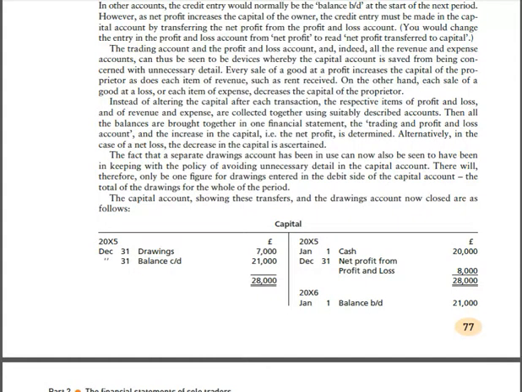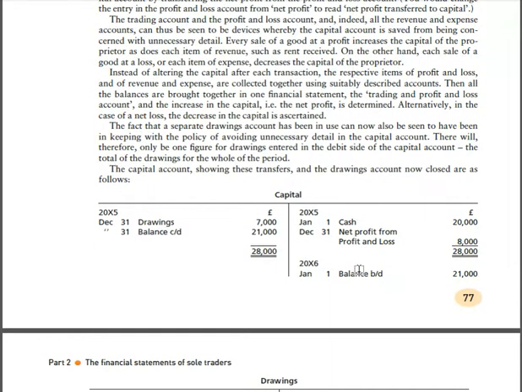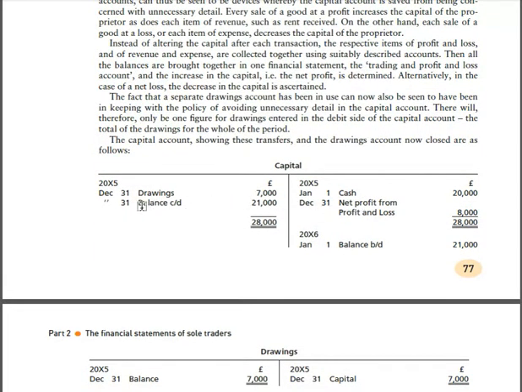So we can say that the net profit is an increase to the capital of the owner because it is a return to the owner. So the net profit has the effect of increasing the balance of the owner's capital. So it would be credited because it increases capital. If it was, on the other hand, a loss, we would be debiting it because a loss has the effect of